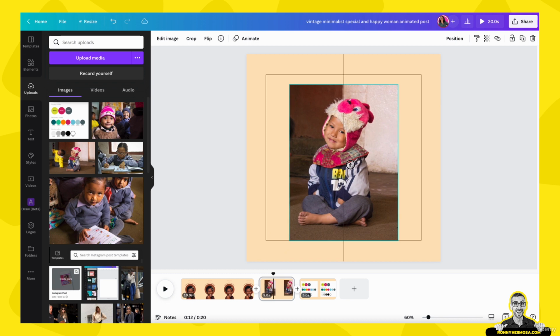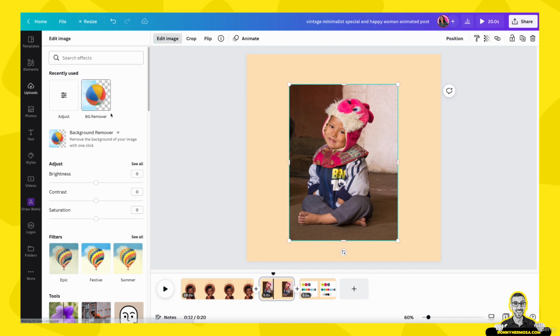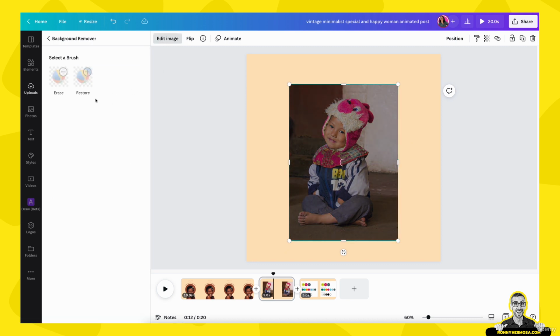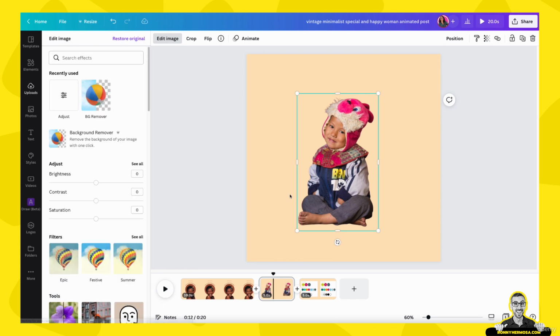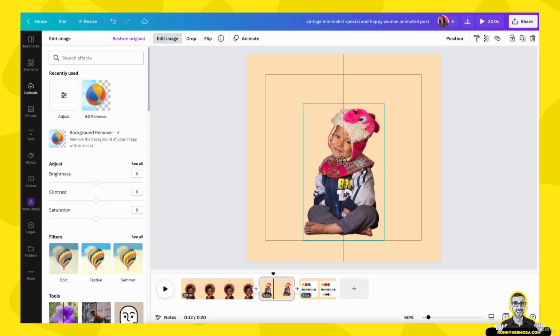So I'm just cropping it to the right size, and with the photo selected, I'm going to click on Edit Image, and then use the background remover to get rid of that background. Okay, so this is what I have. I have a little bit of the other kid right here, but I can crop it out by simply making this frame a little bit narrower right here, which is good, so I don't need to use the brushes. If I had to, I could have used the brushes and used the erase to erase that part, but it's not necessary here. I'm going to apply the background remover effect, and now I have this cute little kid right here